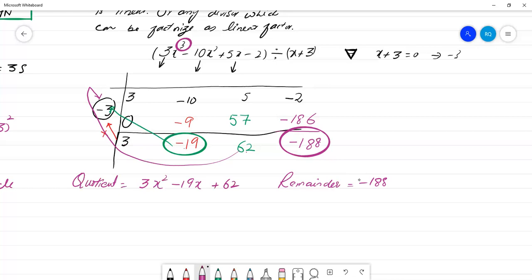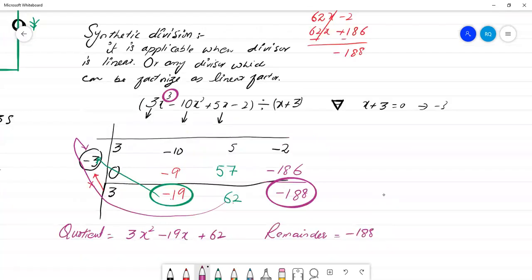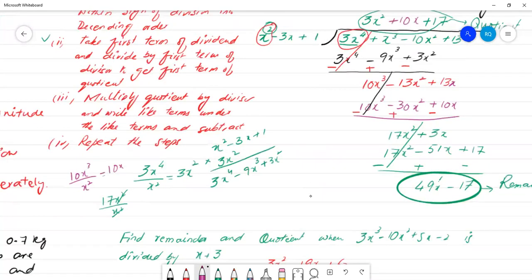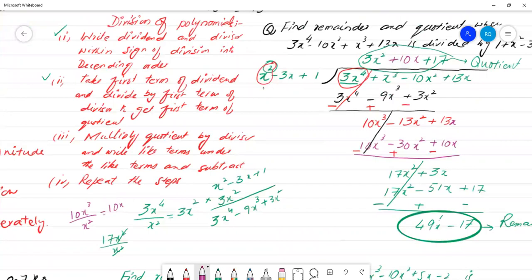ठीक है, दैट इज कॉल्ड सिंथेटिक डिवीजन। लेकिन सिंथेटिक डिवीजन का रूल ये है कि आपके पास या तो डिवाइजर लीनियर होना चाहिए या फिर डिवाइजर लीनियर फैक्टर्स में कन्वर्ट हो जाए। सर तो जैसे अगर हमारा डिवाइजर क्वाड्रेटिक इक्वेशन है तो फिर हम उसको फैक्टराइज करके सिंथेटिक डिवीजन कर सकते हैं। जैसे यहाँ पे देखें फर्स्ट एग्जांपल में, ये जो आपके पास फर्स्ट एग्जांपल है लॉन्ग डिवीजन की, इसमें ये फैक्टराइज नहीं हो सकता, तो आप सिंथेटिक डिवीजन यूज नहीं कर सकते। क्लियर होगी बात? हाँ, अगर ये फैक्टराइज हो सकता तो फिर सिंथेटिक डिवीजन यूज करते हैं।